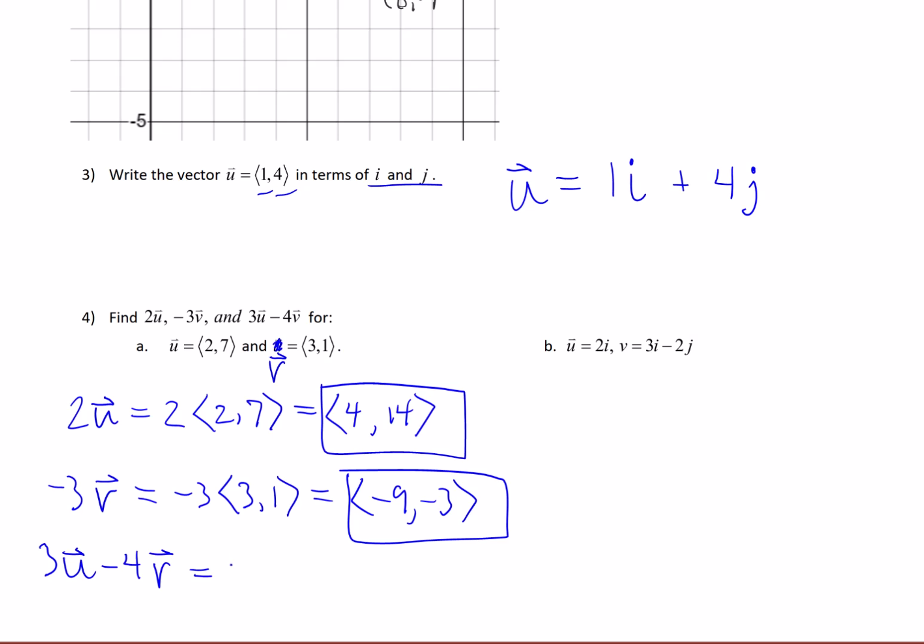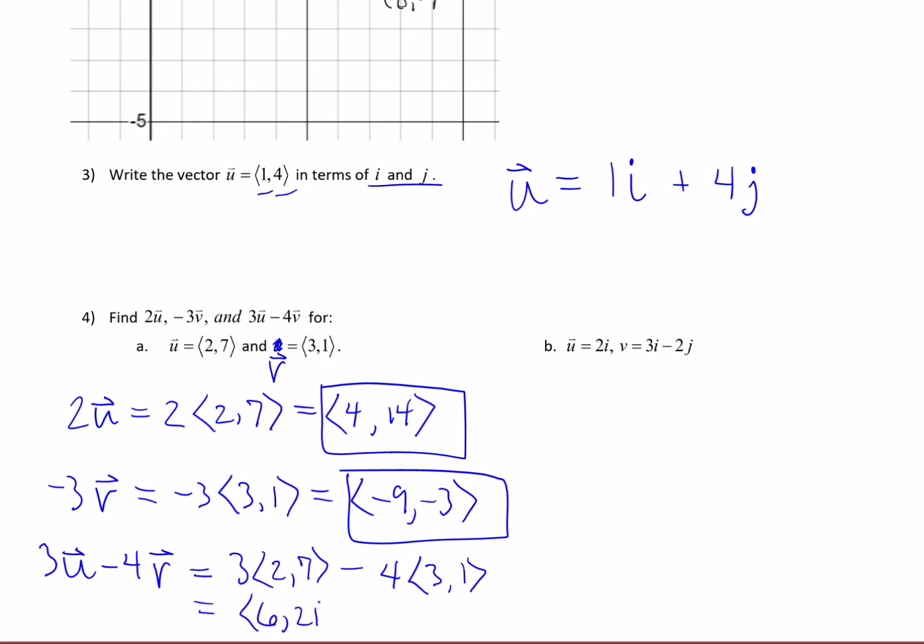This is 3 times the original vector u, given in component form ⟨2, 7⟩, minus 4 times vector v, originally given as ⟨3, 1⟩ in component form. If we simply multiply the scalar by each component in each of these cases, we'll end up with ⟨6,